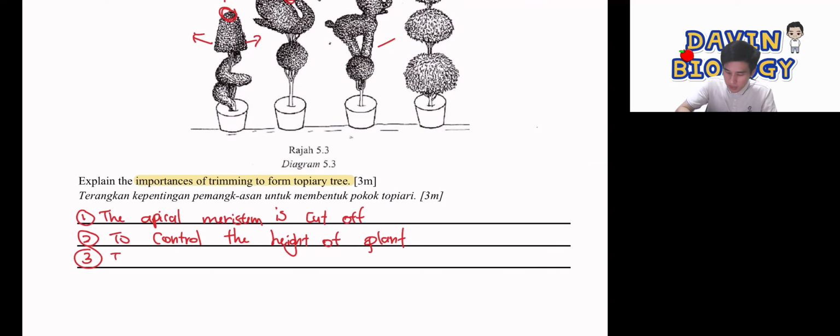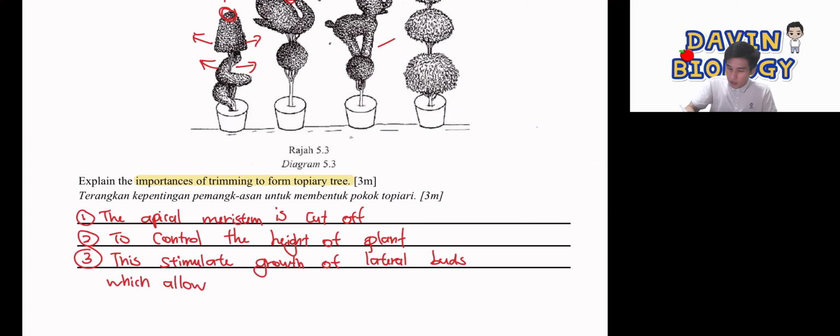So then you can say this stimulates the sideways stems, which are called lateral buds. Growth of lateral buds. Lateral means side, and buds mean branches. If they grow sideways, then you can trim it into different patterns, which makes it more pretty. Growth of lateral buds,